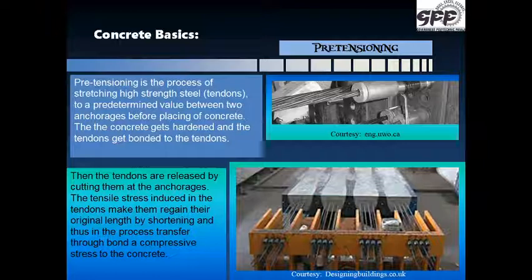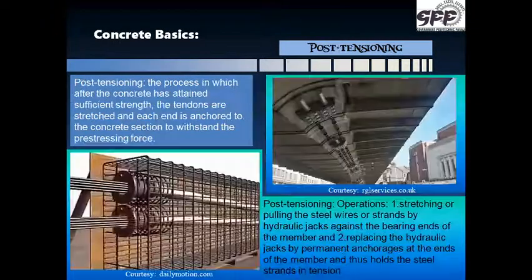So that's the process. If you can see over here, the anchorages have been shown on top, and down it has been shown how the concrete is cast. The wires have been pulled first at the anchorages, the stress has been put in the wires, then the beam is cast. After the beam has gained sufficient strength, these wires will be cut, so the stress in the wire will be transferred to the concrete, and the concrete will be fully in compression. Coming to post tensioning.